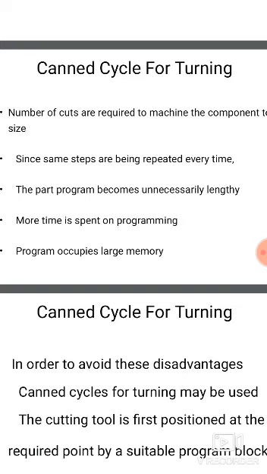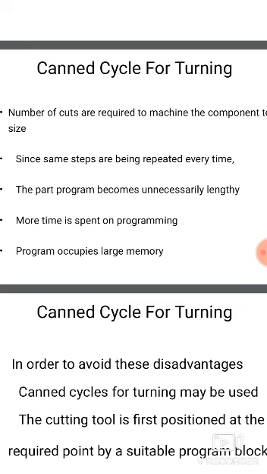Okay. Next, X minus 3.0. In the X direction it is giving the depth of cut of 3 mm. Z is the length of the work to be turned. F is the feed rate in mm per minute. That is the syntax for a canned cycle for turning operation. What is the syntax? G81, X minus 30, Z100, and feed rate I am giving 120, end of the block.